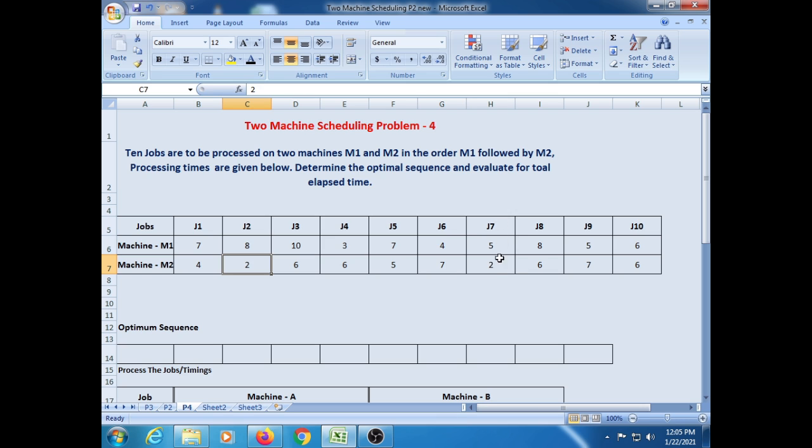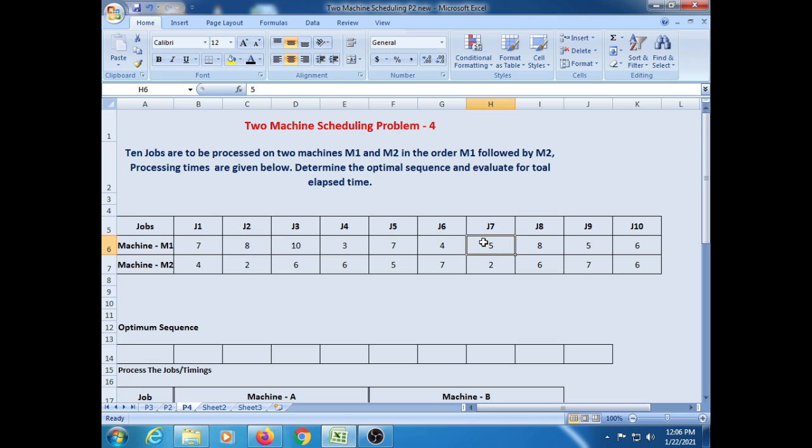So first, the job 7 corresponding time is 5, and coming to job 2, the corresponding processing time of job 2 is 8. The opposite or other machine processing time is the corresponding processing time here. So here we have 8 and 5 for job 7. We have to compare these 2 processing times and select the smallest among the 2 corresponding processing times.